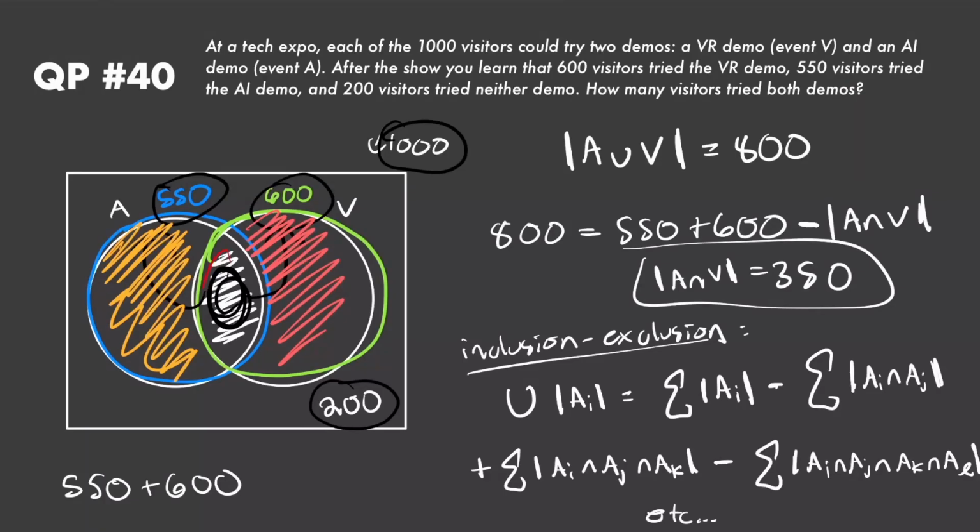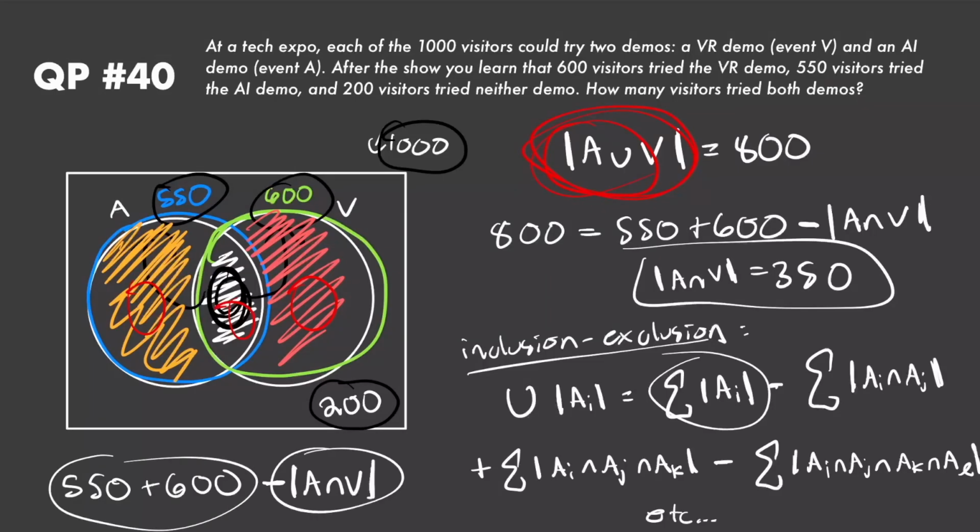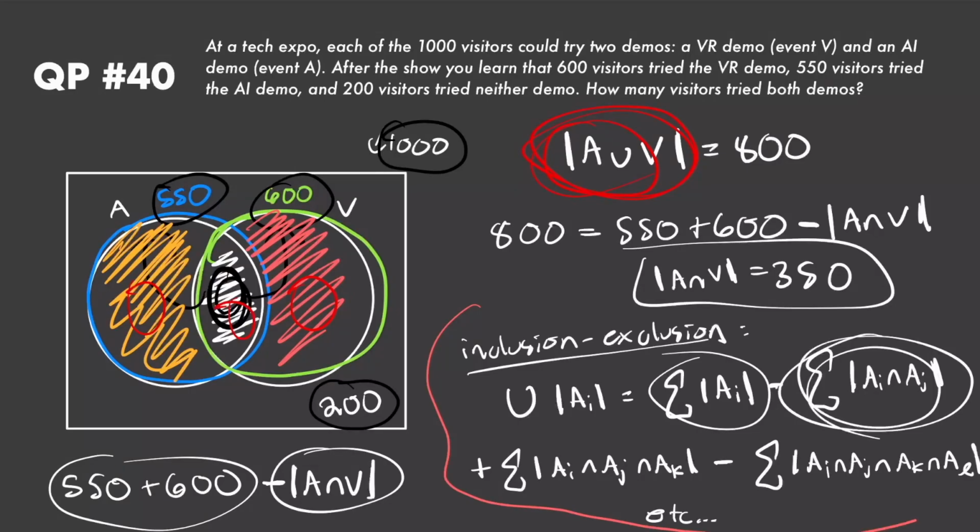But I only want to count the white part one time, and I'm counting it twice. So what do I need to do? I need to subtract off the magnitude of the white part, which is just the magnitude of A intersection V. And now I'm just counting each part one time, which is what we want when we're calculating the union. And this right here is just this part of the equation, and this here is this part of the equation. So again, we're going to look at this more in the future, especially when we prove it,